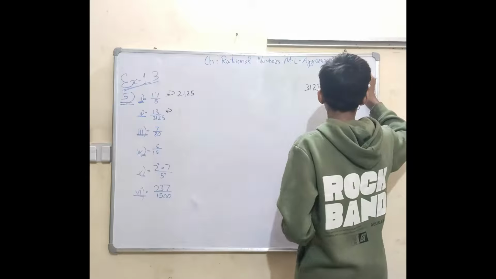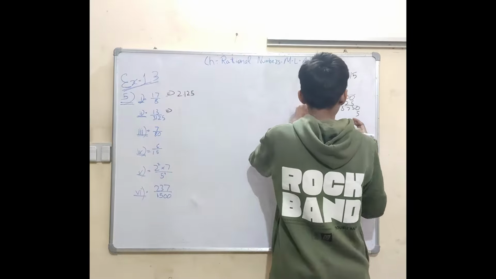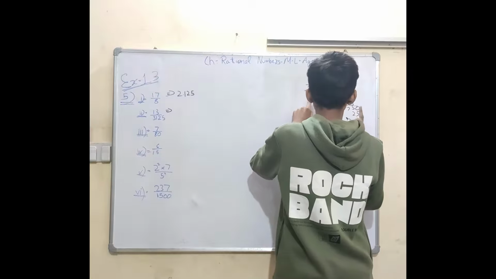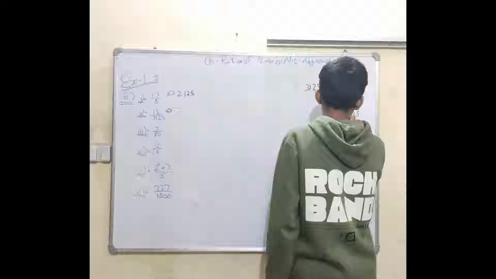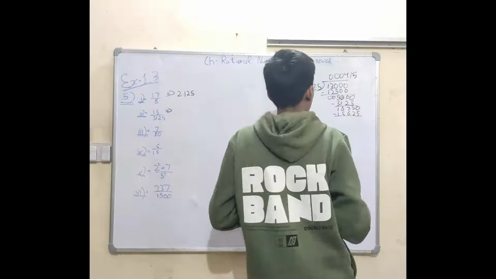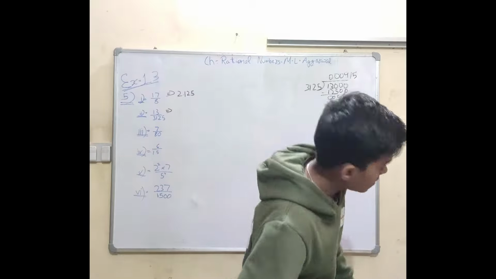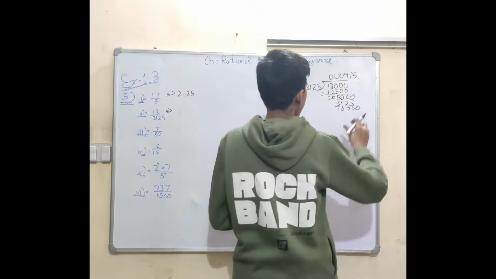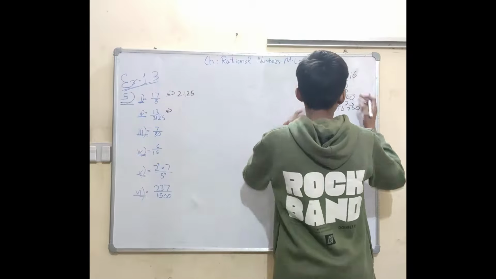Now we will multiply it by 5. 5 5 is 25, 5 2, 5 2 is 10, 12, 2 1, 5 1 is 5, 5 2, 5 1. Yes, 5 1 6, 5 3 is 15. No, wait. Actually, we will multiply it by 6. When you multiply it by 6 it may be going, क्या पता पूरा ही चला जाए.